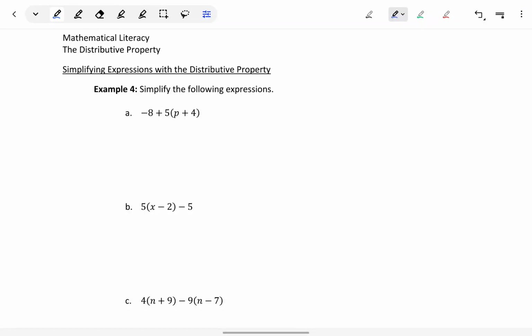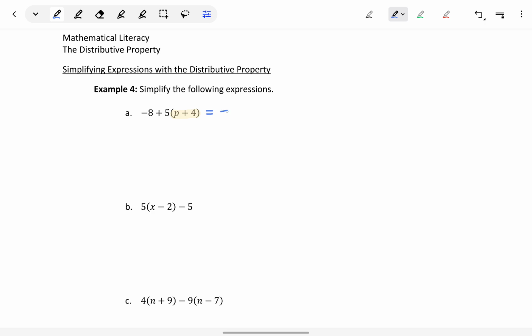So we can use the distributive property to help us evaluate expressions or simplify expressions, particularly expressions with a variable component, because if our expression in example 4 part A here had a number plus 4 inside parentheses, we could just follow the order of operations. We could evaluate what's inside the parentheses, then multiply that by 5 and add that to -8. But because we have that variable component, the only way that we can look at simplifying this is by applying